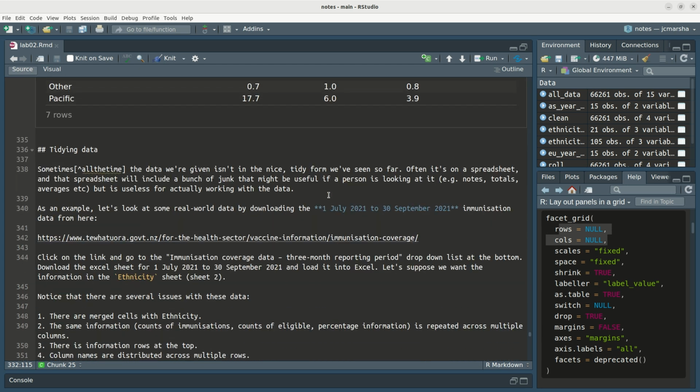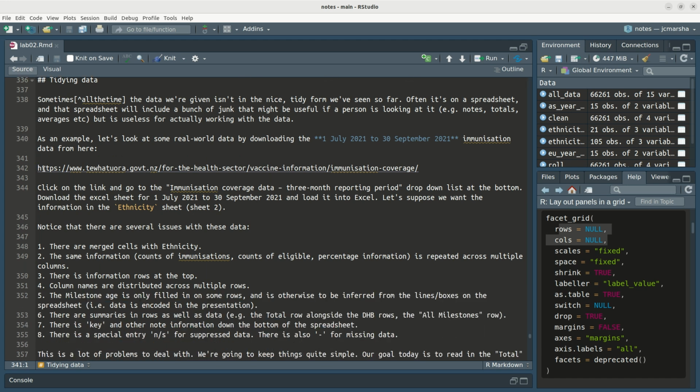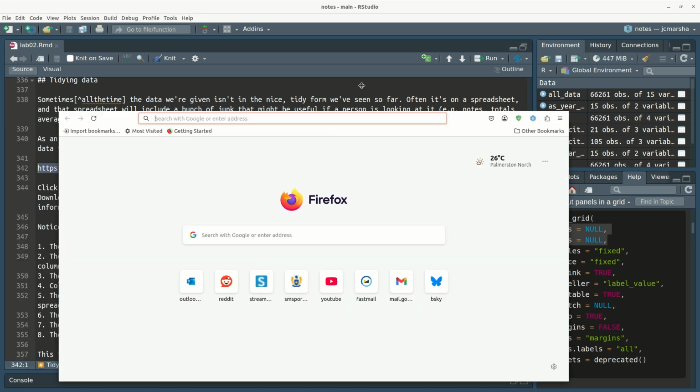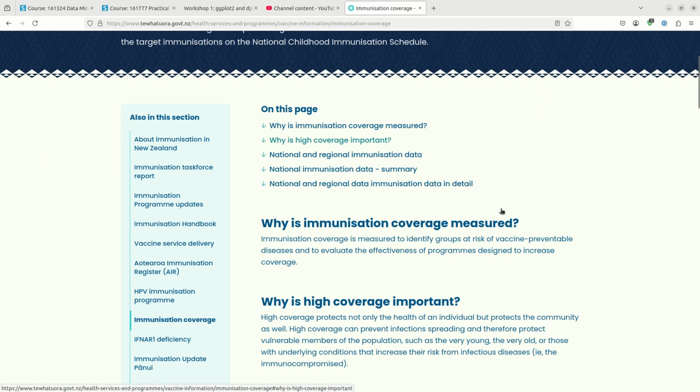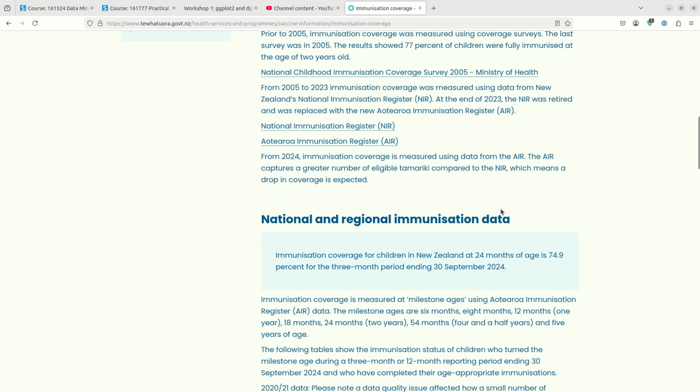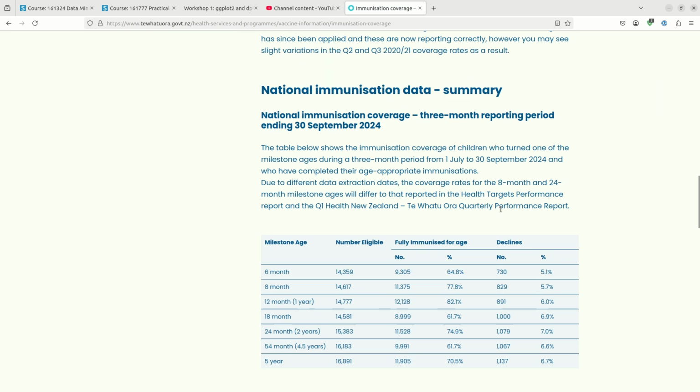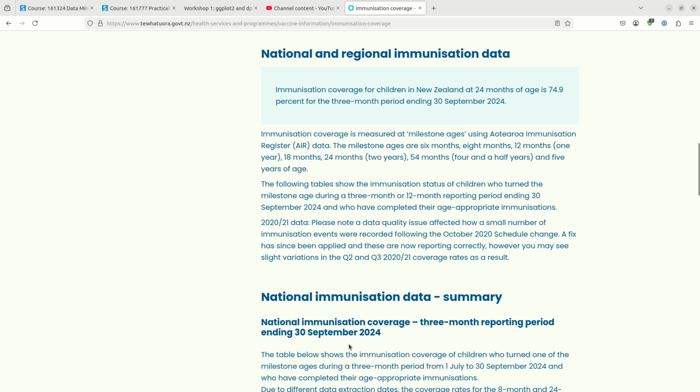Okay, and the last little exercise is looking at cleaning data, right? So we're going to use some data from Te Whatu Ora. So let's go and have a look at it. Okay, here it is here. And the particular data set we're going to look at is, let's have a look. I think it's